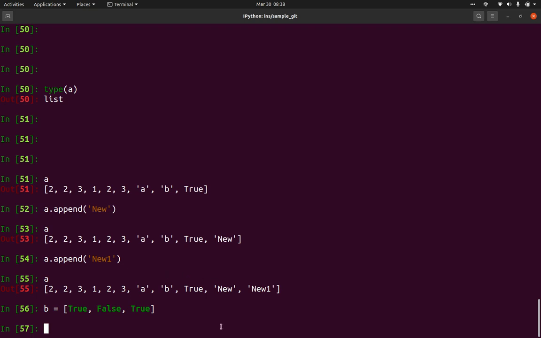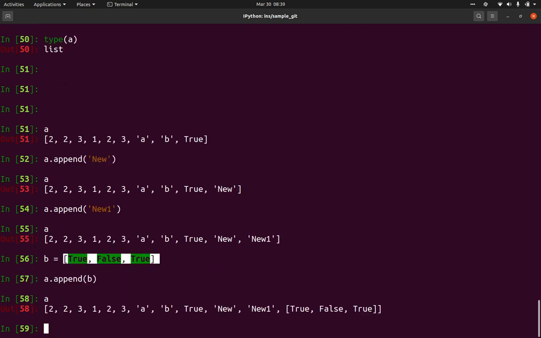Because if I'm using append and giving B, which is basically this list, this whole list will be added as one element. You can see the whole list is added as one single element.